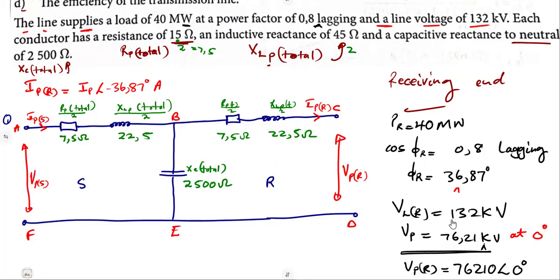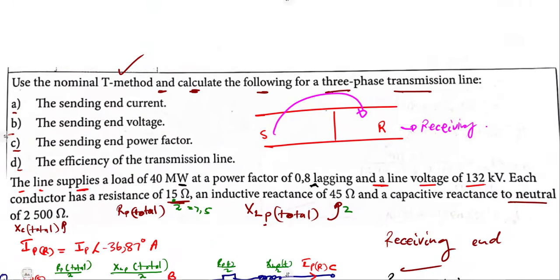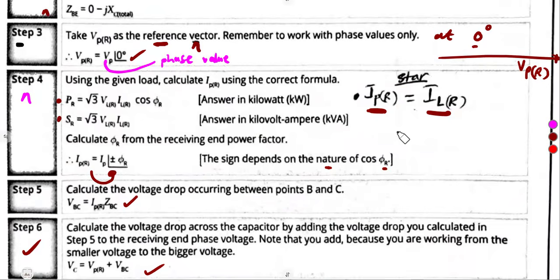On our questions, with the data that we are given and the circuit diagram, let's analyze how we can determine the sending end current. The sending end current, if we consider properly, guys, is from this step. I want us to consider the sending end current, which is supposed to be step number 8,